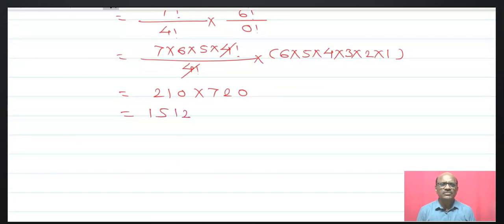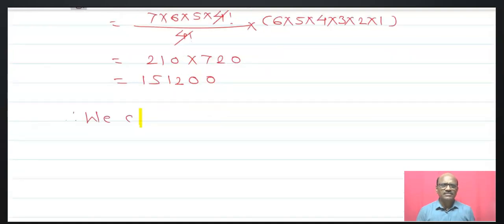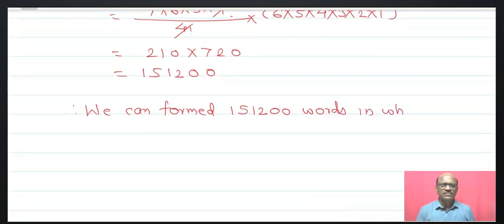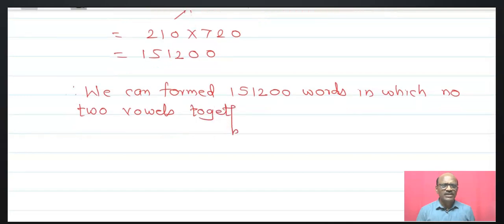And that is equals to 1,51,200. Therefore, we can form one lakh 51,200 words in which no 2 vowels are together. That is, in word algorithm,